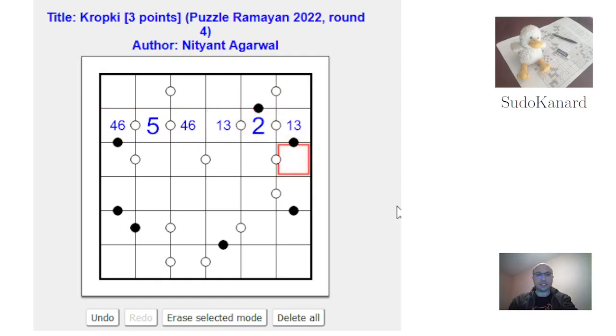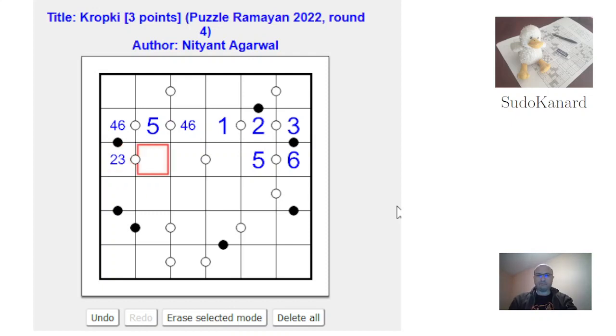So this is 2 or 6. But note that if this were 2, then this would have to be consecutive with 2, and we would have a white dot here. So that's not 2, that's 6, that's 3, that's 1, and this is 5. Now for 6, this has to be 2 or 3,